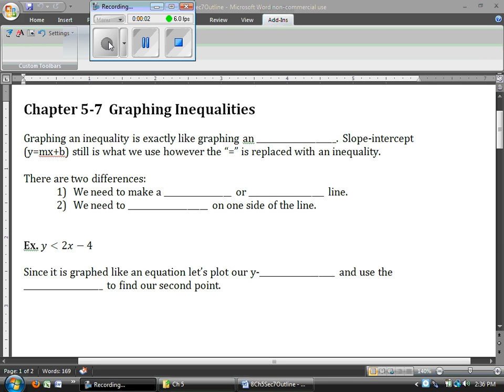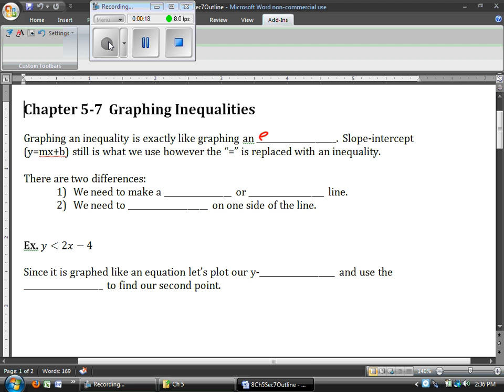All right, welcome to the final section of Chapter 5. Last section here is graphing inequalities. Okay, so graphing an inequality is exactly like graphing an equation. That's why we did all that practice at the start of Chapter 5 with graphing equations, because it's done the